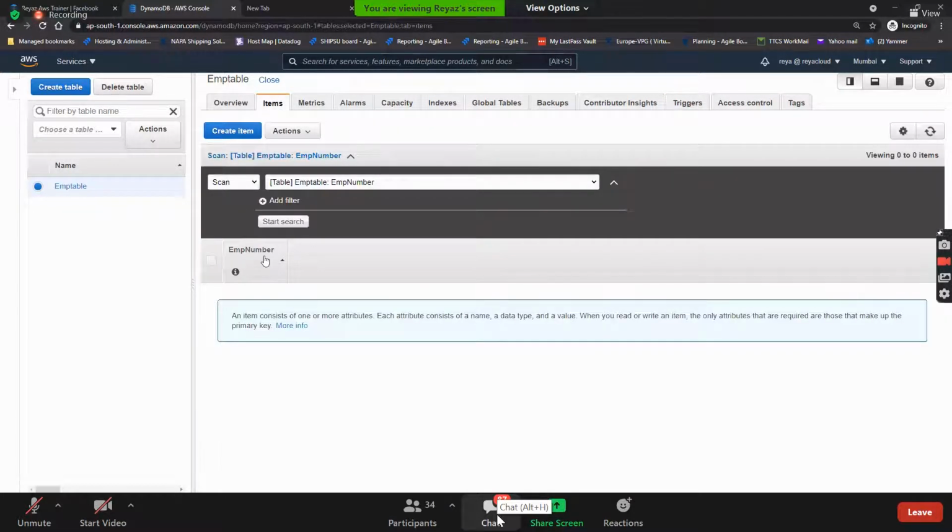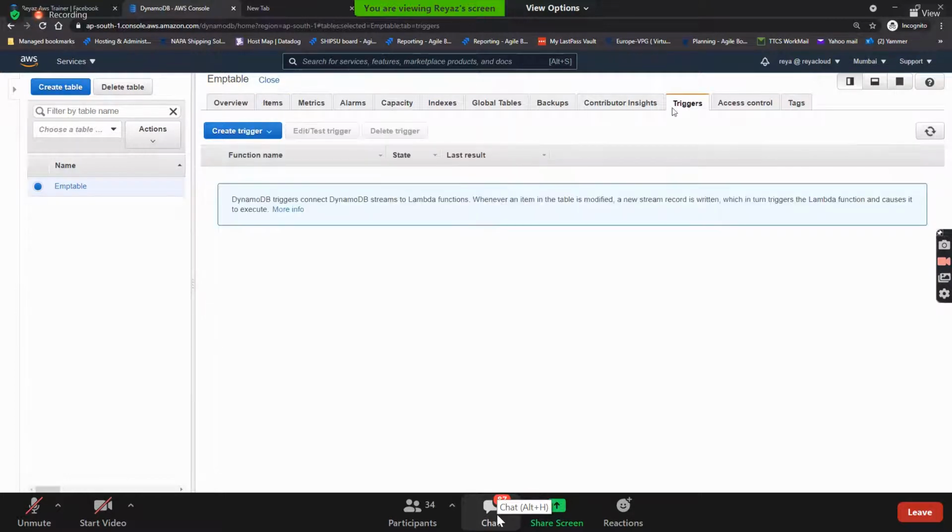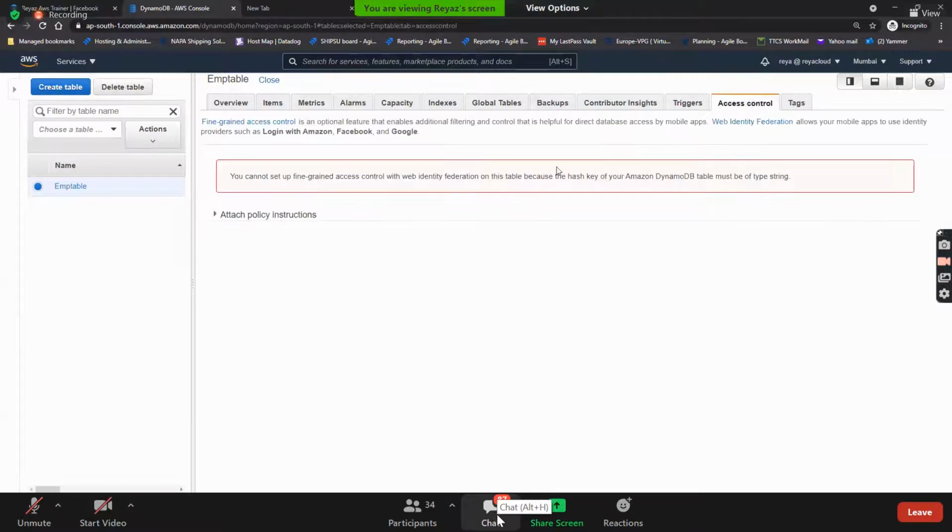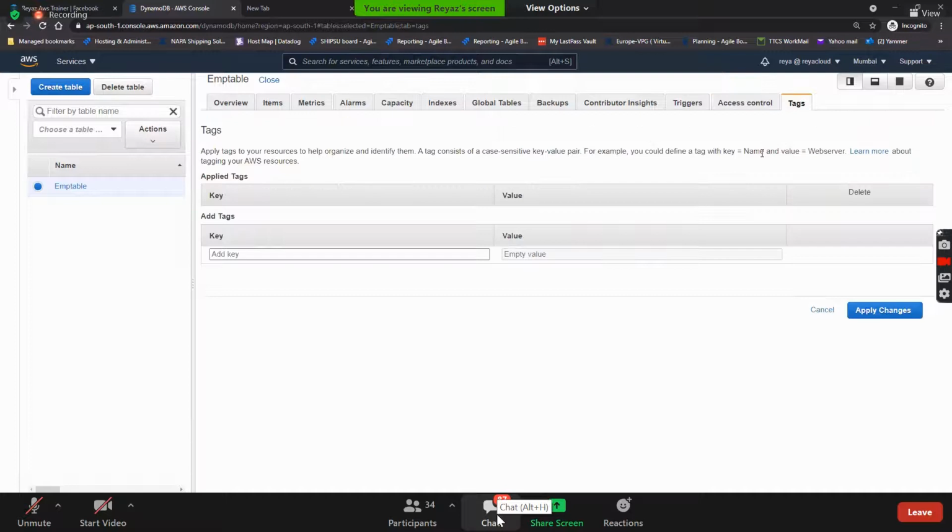And whenever it arrives, you can trigger a Lambda function to send an email saying, hey, welcome, thank you for registering, etc. You can write a small Lambda function and execute it. Whenever a new record is added here, the Lambda function will be executed. And you can mention who can control access for this table, and then tags.